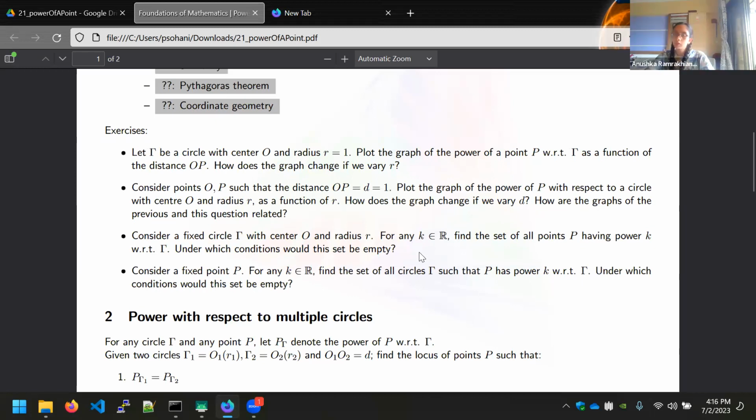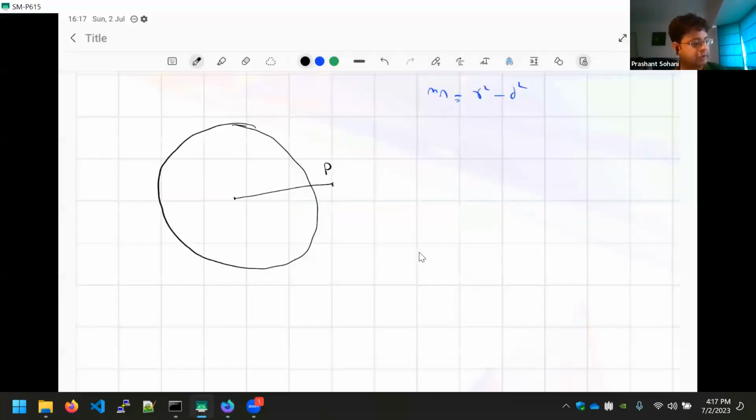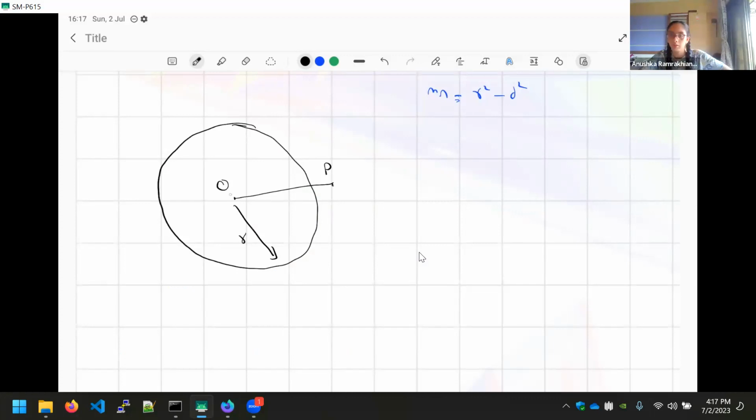Sir, I solved the third one. Okay. So I got the answer as it would be a circle with center O, which is the center of the given circle, and radius should be root over R square plus K. Right. And when will such a locus exist or not exist? So it will not exist when R square plus K is less than or equal to 0. Yes, correct. Okay, so does everybody follow that? Yes, go ahead. I wasn't able to do the fourth one exactly. Like I reached halfway, but